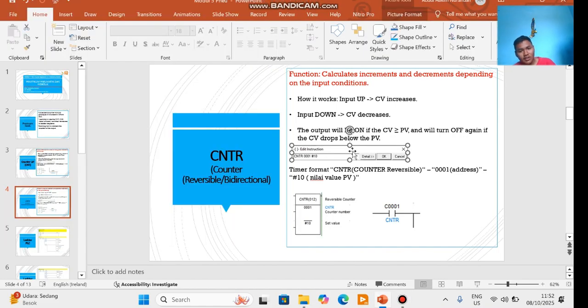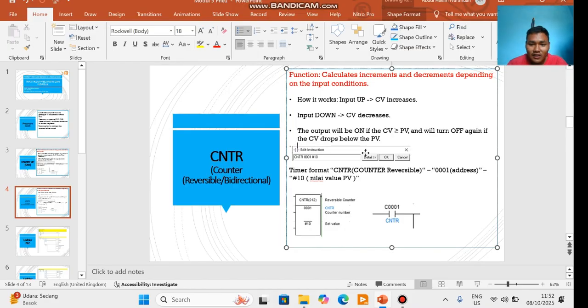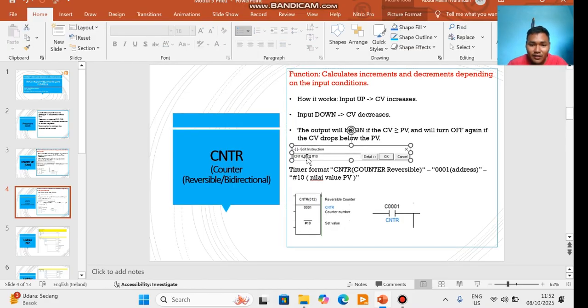In this picture, you see the edit instruction, the coding or program. Here you see CNTR 0001 and 10.